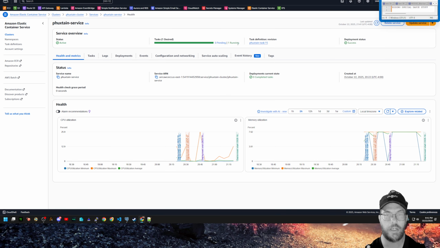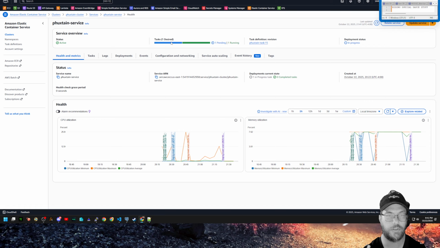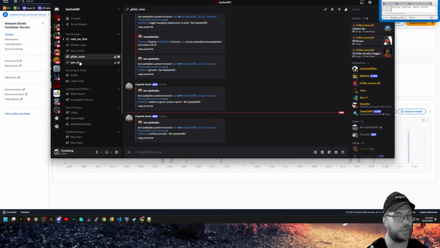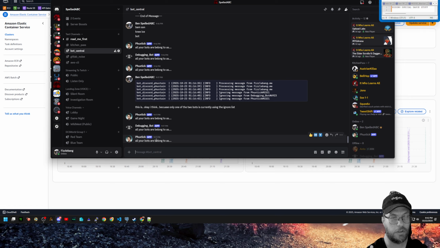But also we have a blue-green deployment on our Phuxtain service. So you'll see that there's a blue-green. It never actually goes down. It'll wait for one to go up and get fixed, patched, and good to go. Kind of cool, huh? All right, so if I come in here and we come into our bot central, this